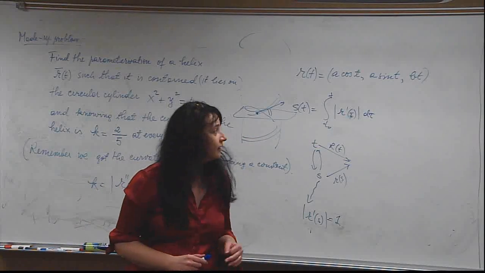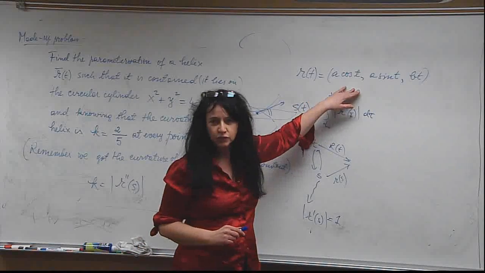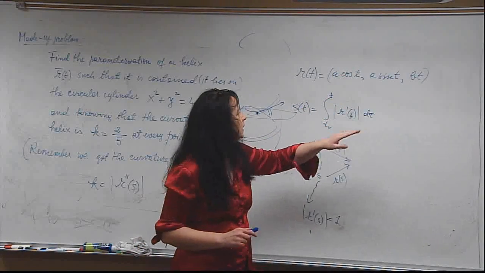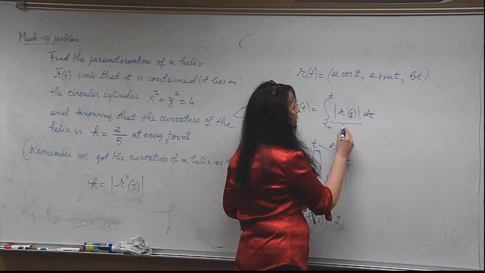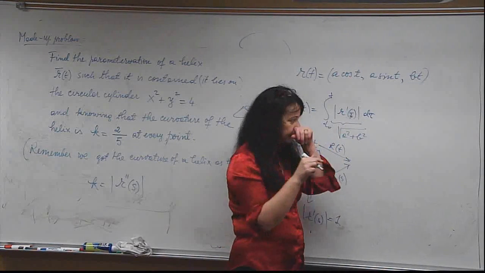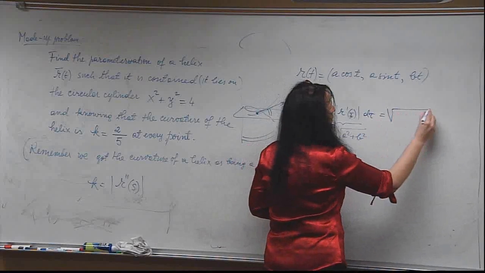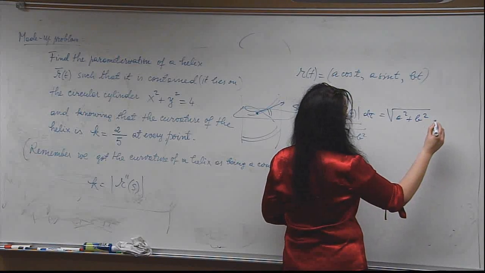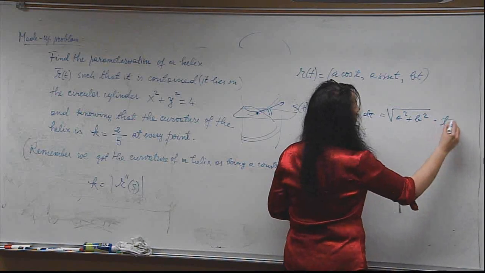So it's a regular curve. What I have here is such a curve. Regular curve, never stop, go at a constant speed. Do you guys remember the speed from last time? It was square root of a squared plus b squared, when we did the velocity thingy, and I get square root of a squared plus b squared times t. Now,